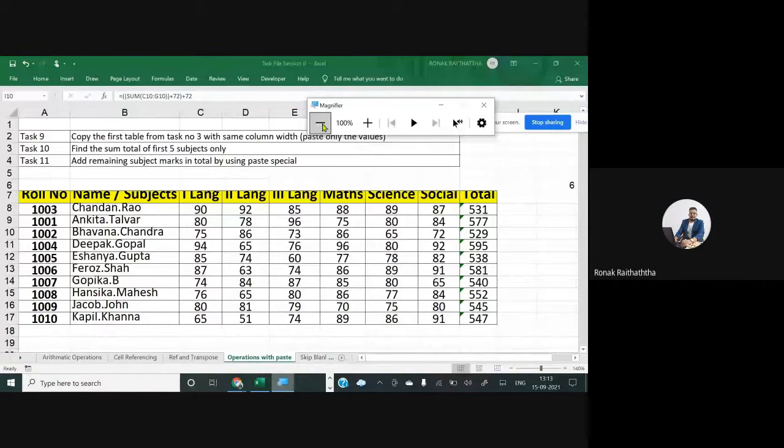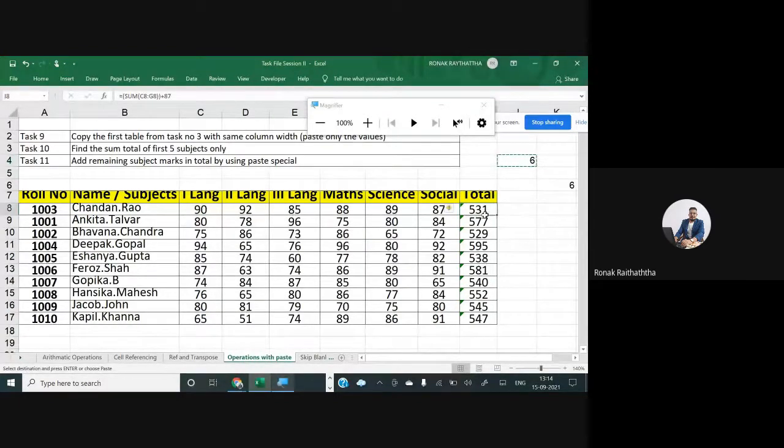Okay, thank you. So you may multiply one cell with another with the use of Paste Special. You may subtract one from another. You may also divide one with another. Say you want to divide all the total marks by 6 so that you will get the average marks, as there are 6 subjects. What you can do is just write 6 somewhere. So I am writing 6 in I4, and if I want to find the average marks, I'll first copy this 6, which is there in I4.